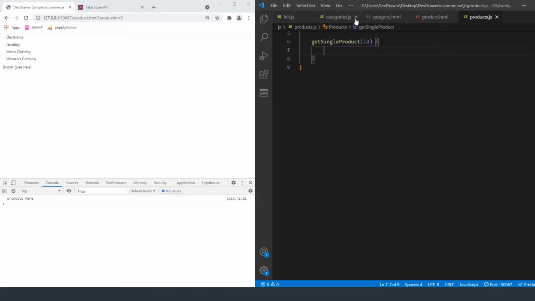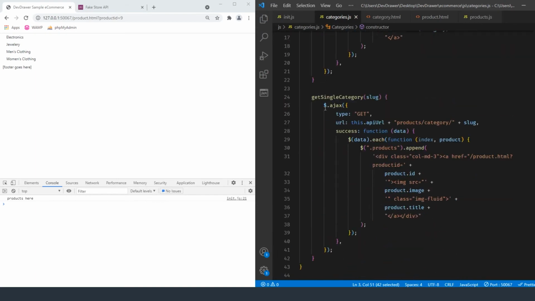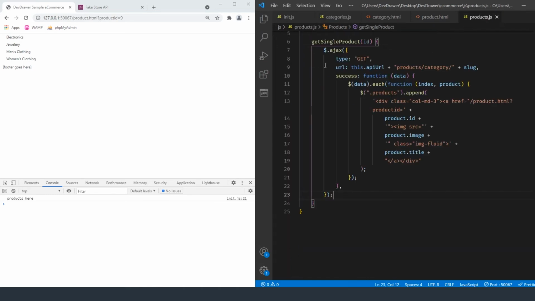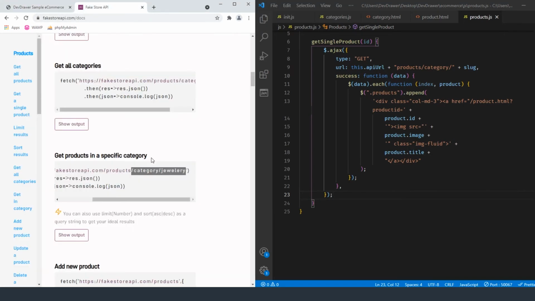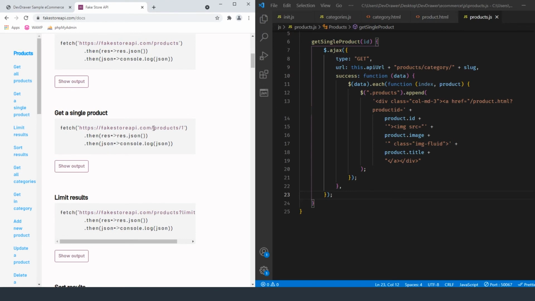Okay, so inside of this categories here, let's pass this along, because I think they're basically going to contain the same information. So I'm just going to copy get single category into get single product here, and the URL that we're going to be using to get a single product is going to be products and then the ID. So let's just go ahead and pass over products 1 like that,